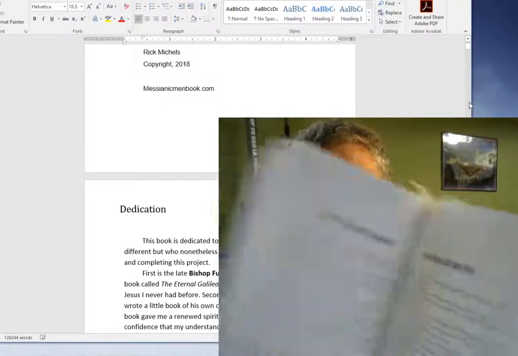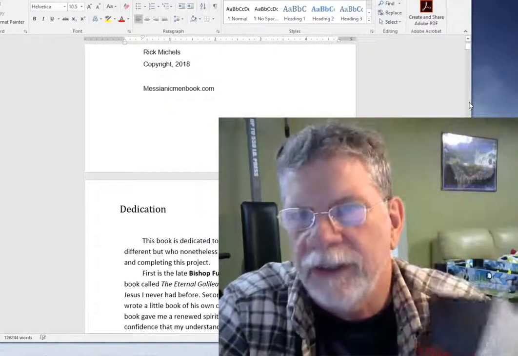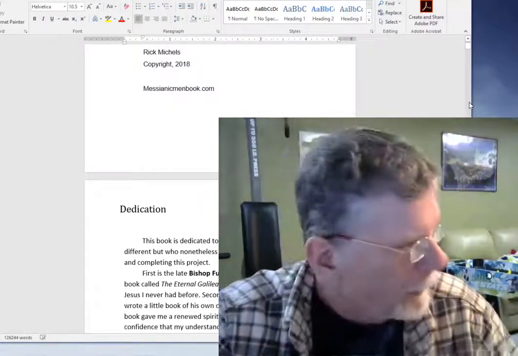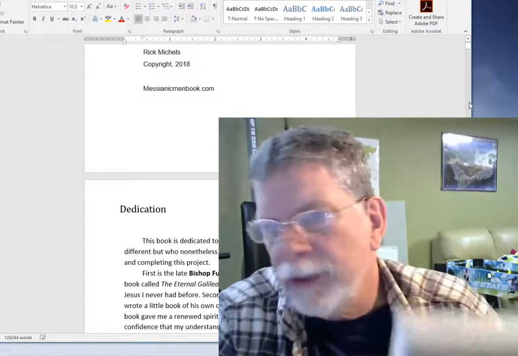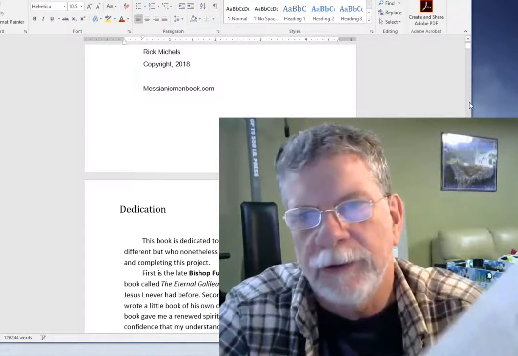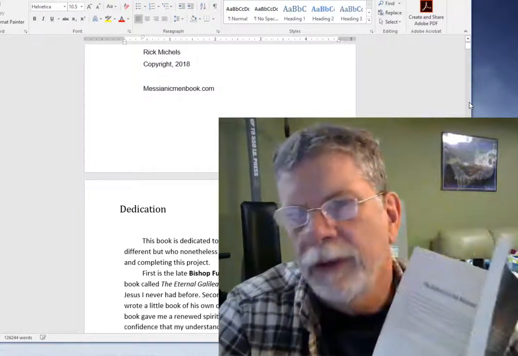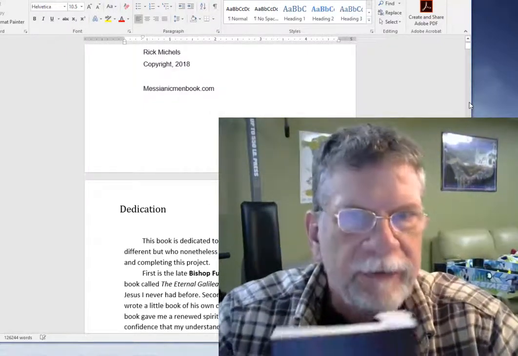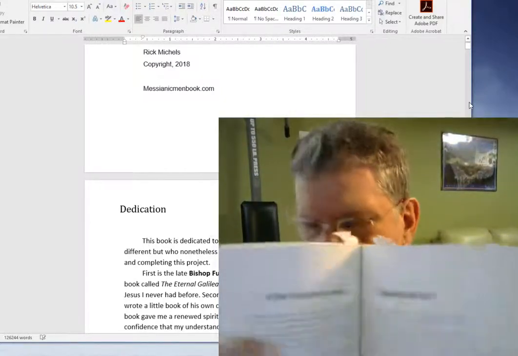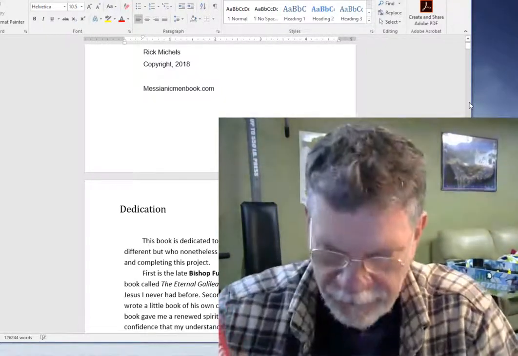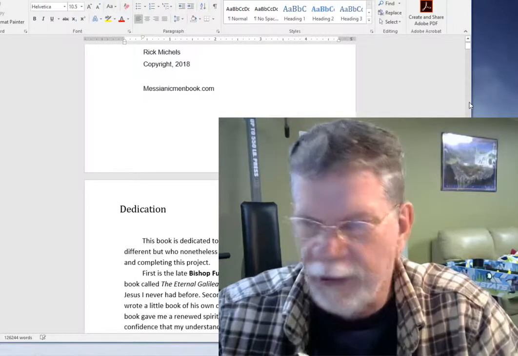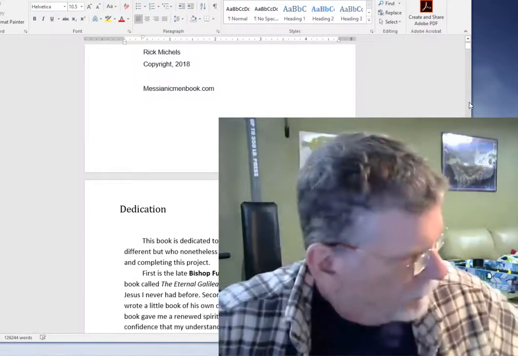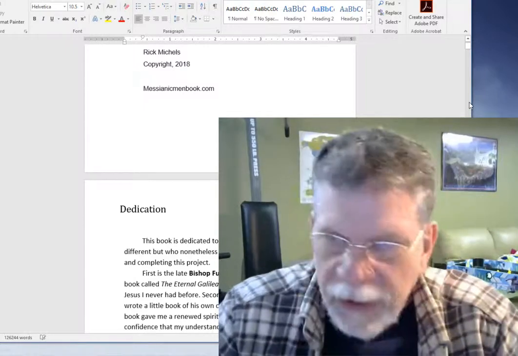So it's good to take a look at another book and say, yeah, I want a gutter that size. It's very easy to read, and I think the gutter needs to be larger with the size of the book. It just seems to me that the more pages you have, the harder it is to really open it up. And so I think that gutter sizes have something to do with the size of the book. So anyway,